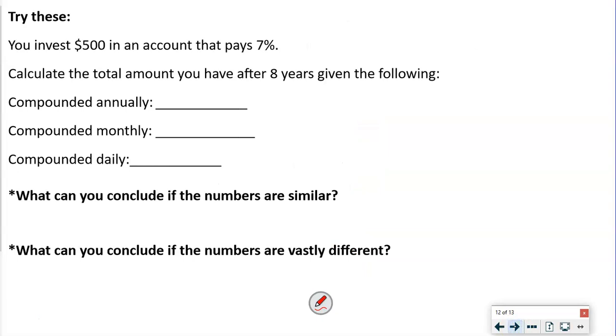So on this one, we're going to do each of these. So it says you invest $500 in an account that pays 7%. Calculate the total amount you have after 8 years. So our initial amount's 500. We're going to do 1 plus 0.07 divided by 1 because n equals 1 here. That's annually, right? So then we're going to do 8 times 1. And again, we can do this right in Desmos. And when we do, we get